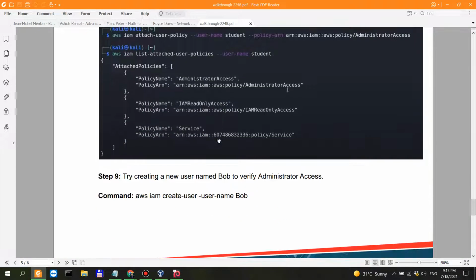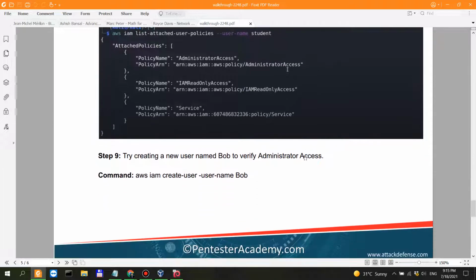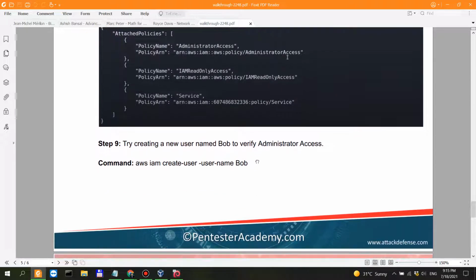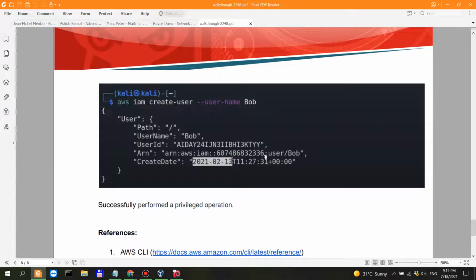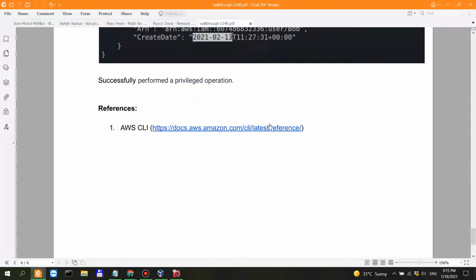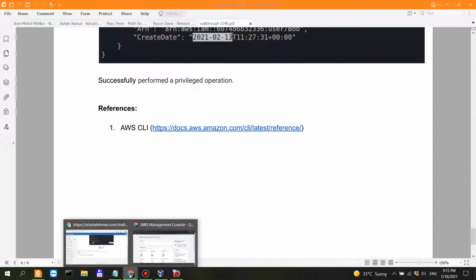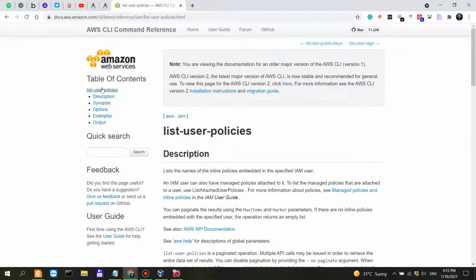List attached policies to the username, and as we've seen, now try to create a new username to verify administrator access, and the command ran successfully, as we've seen. So you find more reference to this command line, to the overall command line interface, at the official documentation, and also here with the user policies,